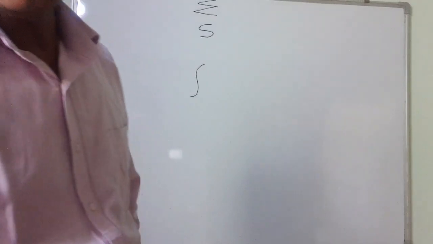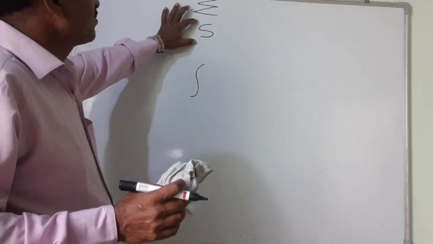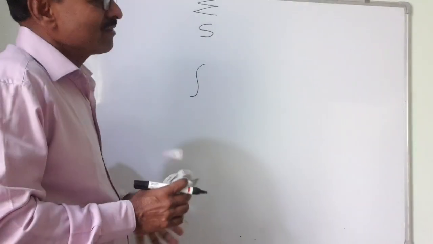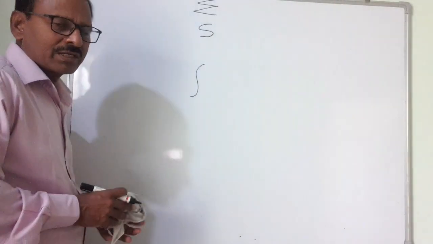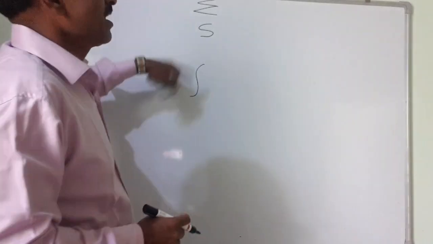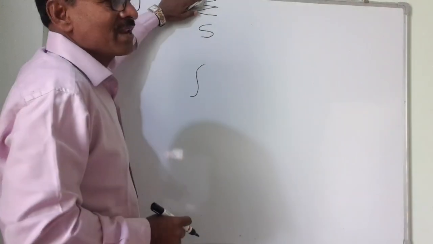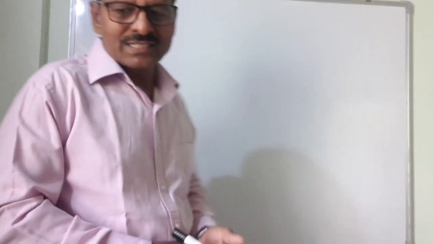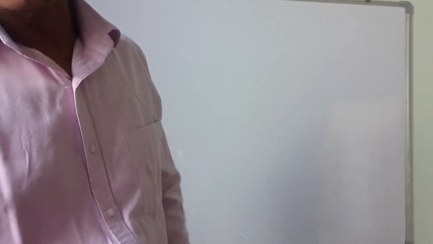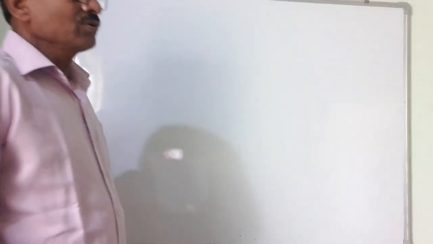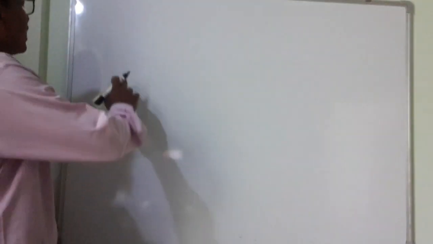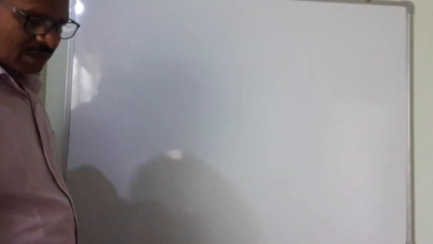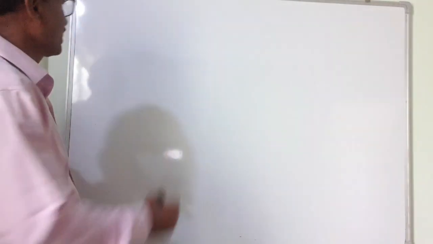What is this integration? From this symbol itself you will say sum. In standard 10, and in 11th also, in geometric progression and arithmetic progression, we had that summation. So we call it Sn. So integration is summation, that much you have understood. Now how to derive the formula? We know the derivative formula. From that itself we will derive the formula for integration.